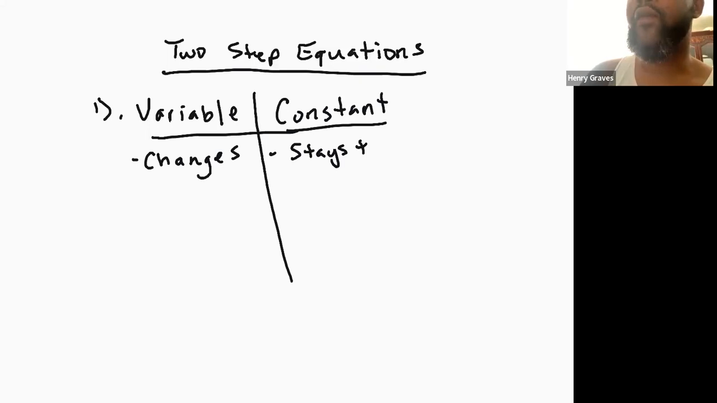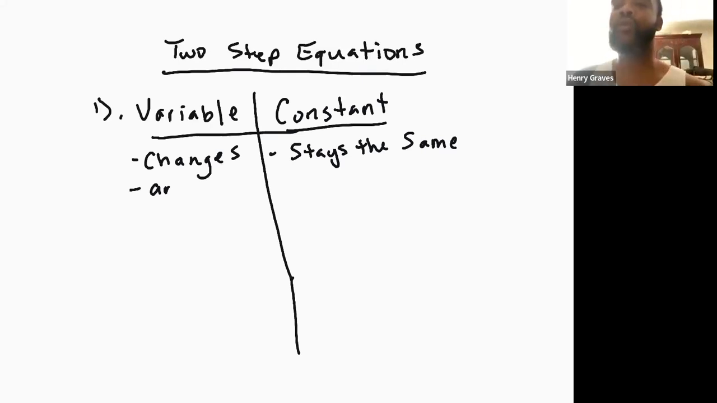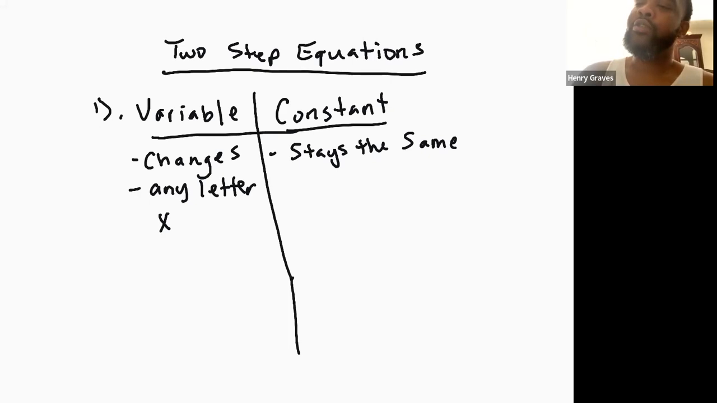Second of all, a variable can be any letter, right? So any letter in the alphabet. Typically we denote variables with the letter X, but it's not uncommon to see things like A, Y, Z. So as long as it's any letter in the alphabet, we can use it. Now, a constant is usually